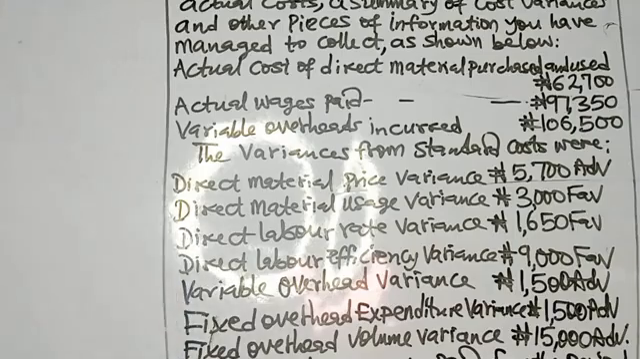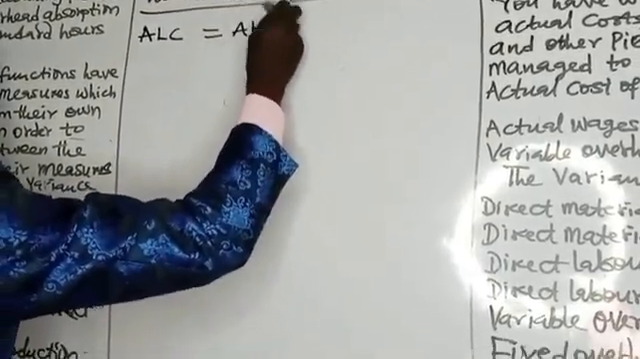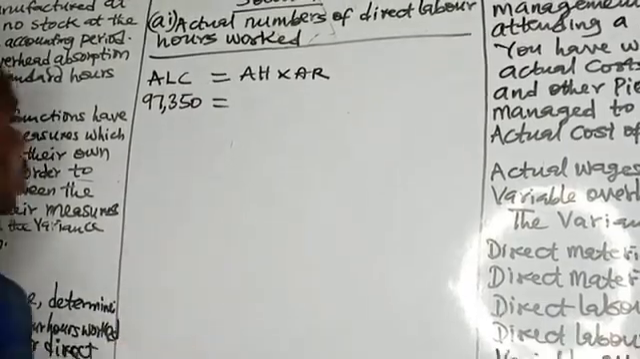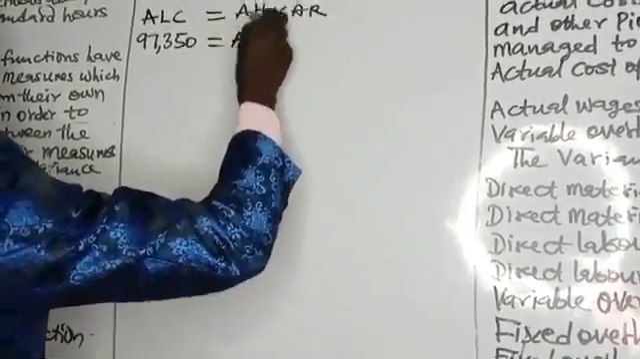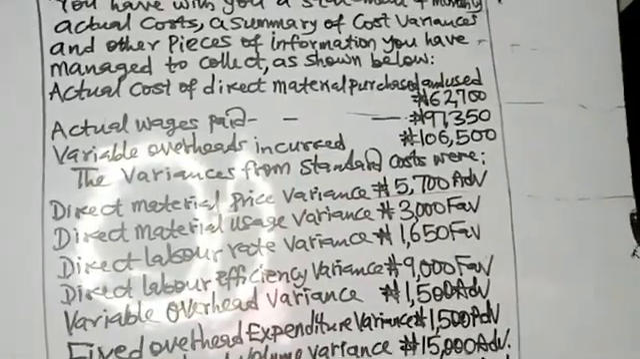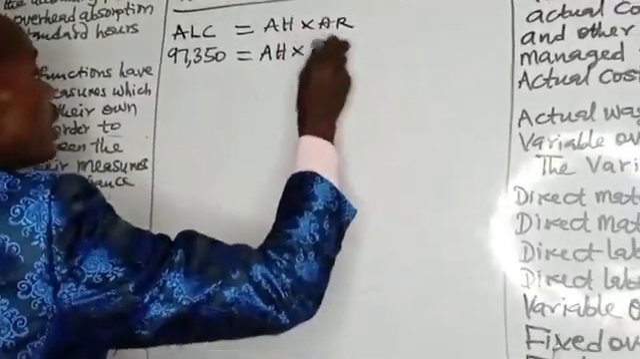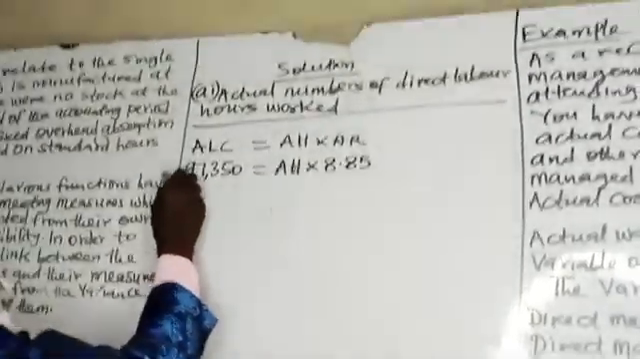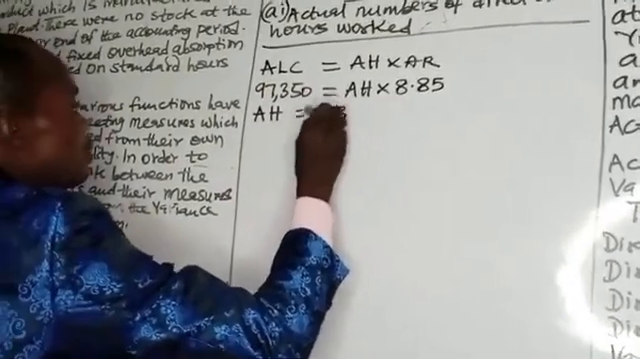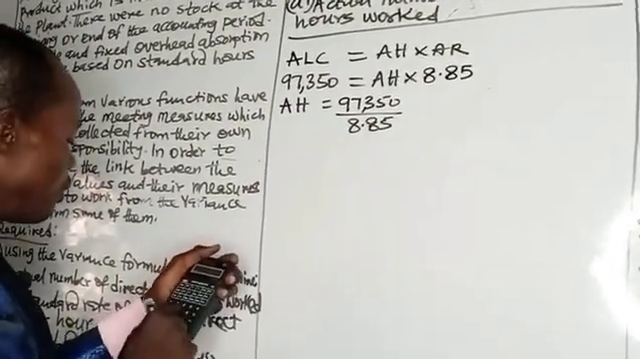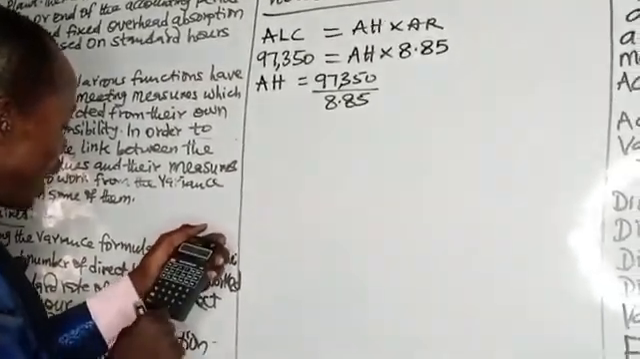Remember, the actual labor cost is equal to actual hours times actual rate. You are given the actual labor cost of 97,350, and you want to calculate the actual hours. Are we given the actual rate? Go back to the question. The actual wages rate paid for the period was 8.85 per hour. The actual rate is 8.85 naira. Let's make actual hours the subject of the formula. AH will be 97,350 divided by 8.85, and that gives us 11,000